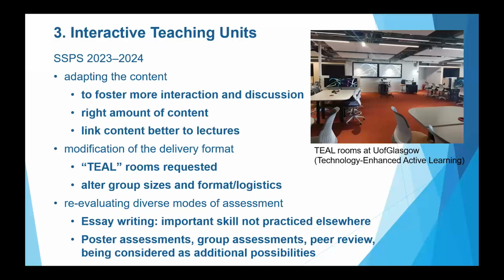6 or 7, and they all have microphones and screens at each table that can directly connect to the main screen. So it enables sharing between the different groups, and it makes it easy to present. And another big thing is that we're thinking of splitting the ITUs over 2 days,